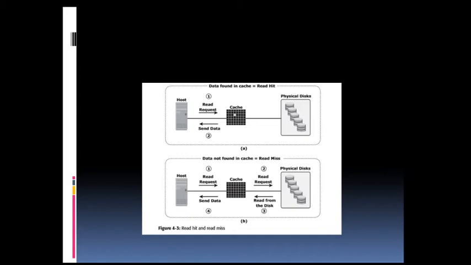A prefetch or read-ahead algorithm is used when read requests are sequential. For a sequential read request, a contiguous set of associated blocks will be retrieved. Several other blocks that have not yet been requested by the host can be read from the disk and placed into the cache in advance. So when the host subsequently requests these blocks, these read operations will always be a read hit, because we are keeping a copy of that data in the cache. Whenever that same data is requested again next time, it will be a read hit or cache hit.